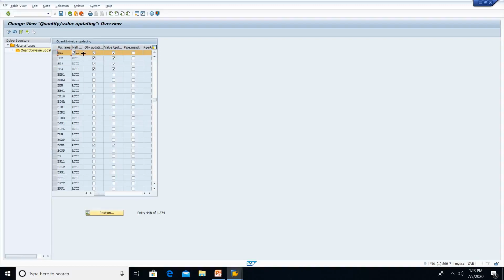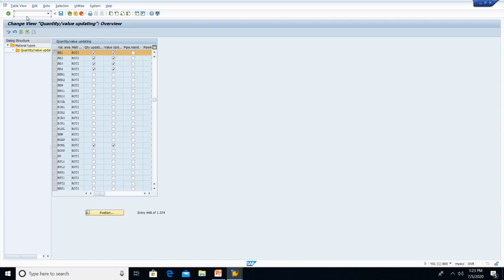It means whenever you create a material with reference to this material type for this valuation area, for this plant, those materials will be coming under inventory. They are stockable items. If you don't tick these indicators, quantity and value, they won't come under inventory. They are not stockable items.